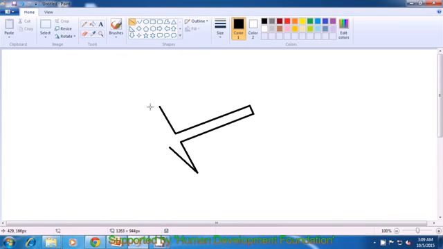Join from the top like this and join these 2 endpoints. Make a slanting line upwards and join these last 2 lines. This completes the picture of a plow. Remove the dots by clicking on the drawing sheet. You can also erase this drawing using the select all option.